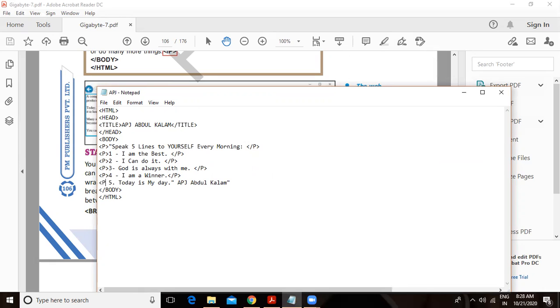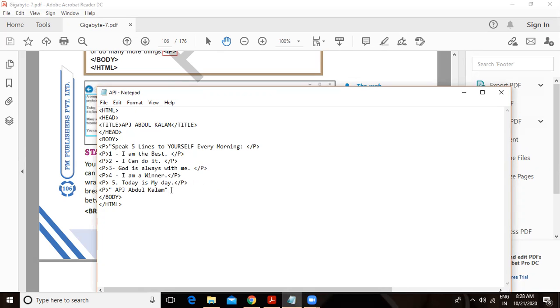Empty tags are those tags which have just only the starting but not the ending. For example, which example we have done? IMG tag, BR tag. Yes, you are right. These are the examples of what? These are the examples of empty tag.